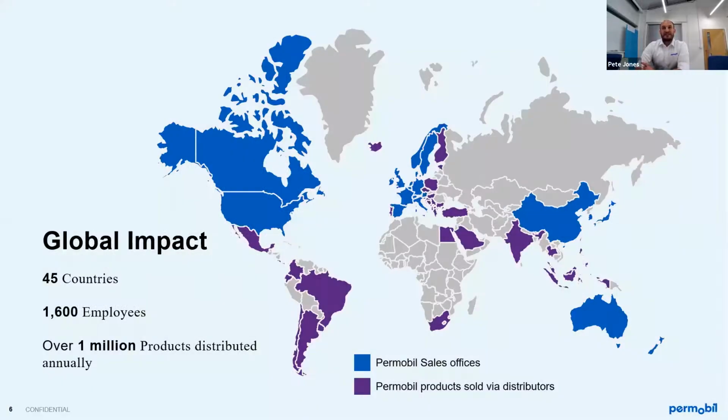So as you can see from this slide, we have a truly global reach with production sites on 3 continents and over 1 million products distributed annually. All the Permobil M and F series power wheelchairs for the UK market are manufactured in Timrå in Sweden. So just moving very quickly on to the next slide, I'd like to show you Permobil's latest introduction video, which